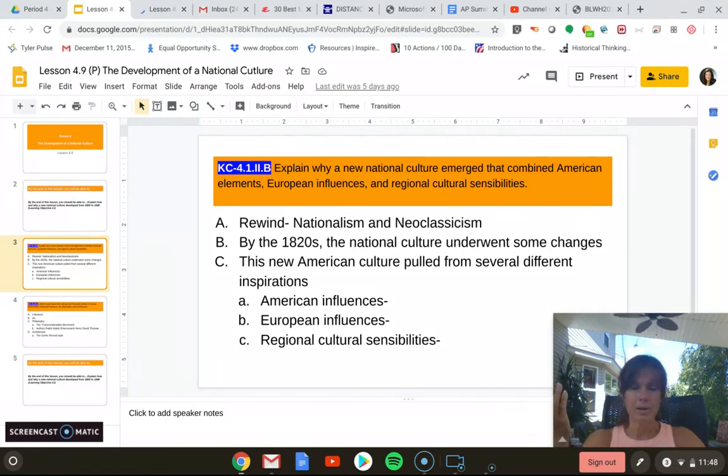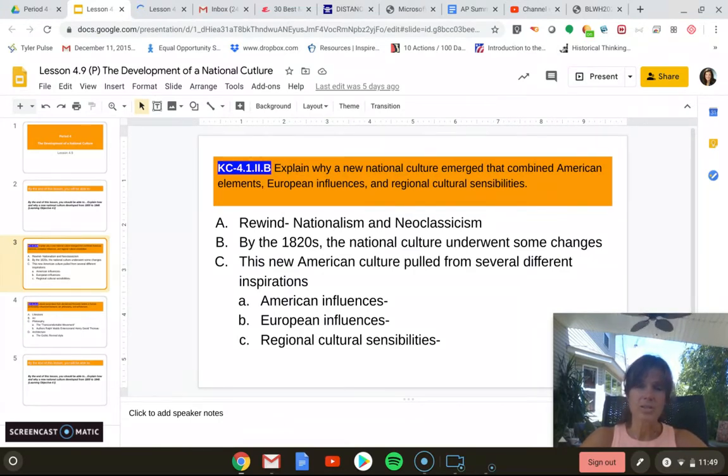Let's talk about American influences. Let's put this into context. What is going on during this time? Economically, we have what is called the market revolution. With the rise of the textile factories, people are moving into cities. We have a new class of people, the middle class, emerging. We also have Andrew Jackson and the rise of Jacksonian democracy. Finally, we have Western settlement during this time period, this great push of moving into unknown lands. So those are the American influences.